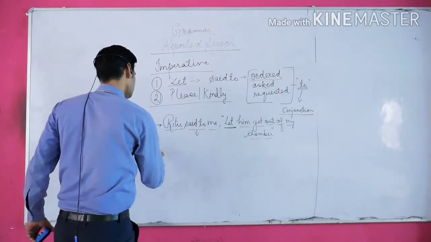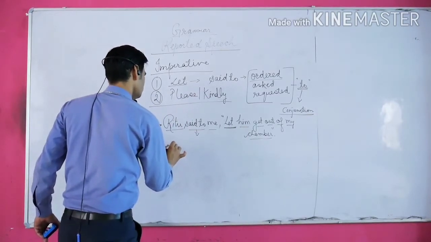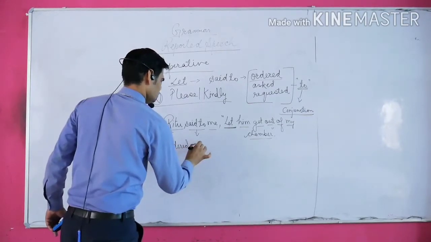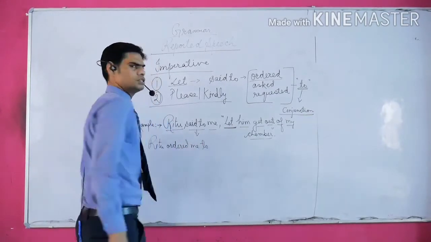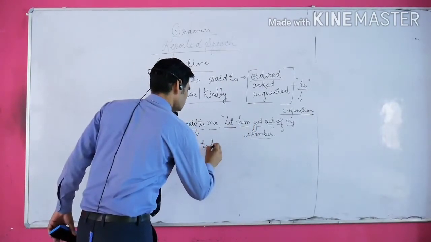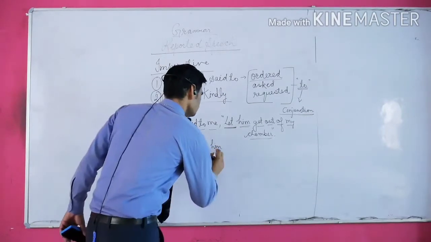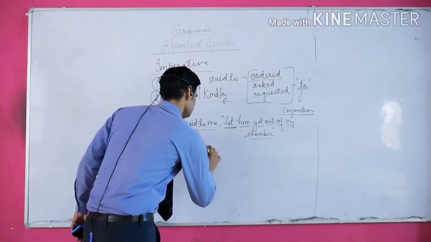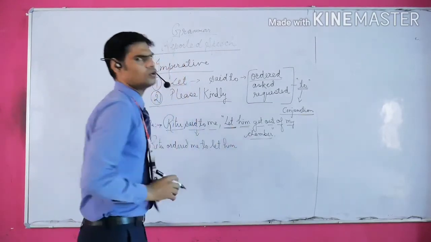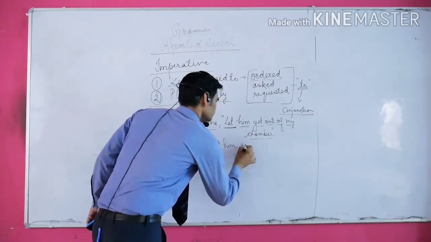So we'll write down here, Ritu ordered me, and connective word, that is to. And here we have him, that is third person, there will be no change in it. To let him, let will also not be removed. Let him get out